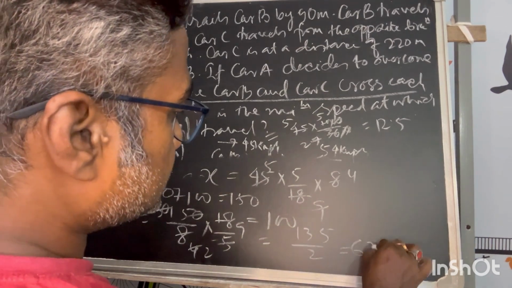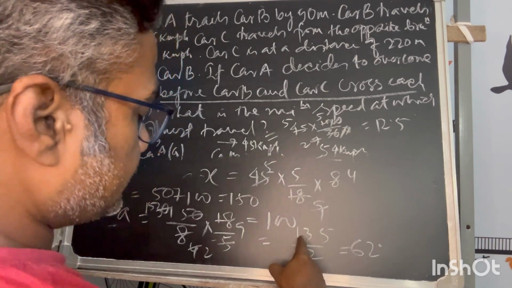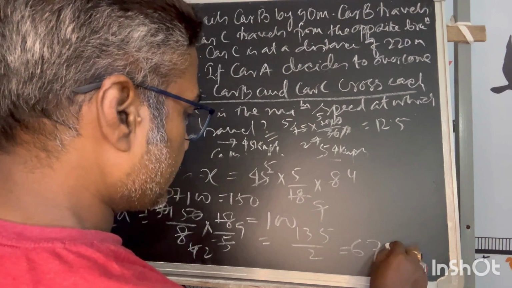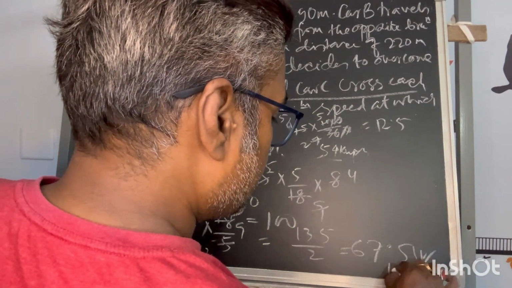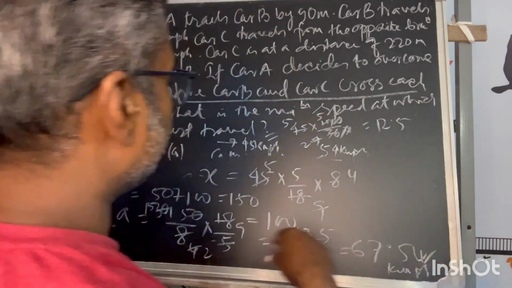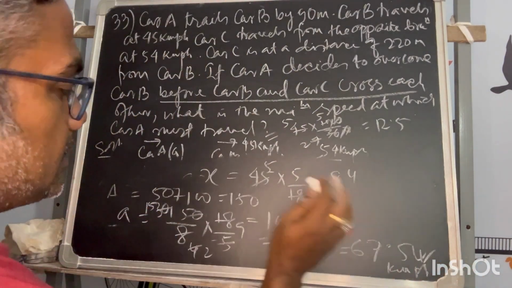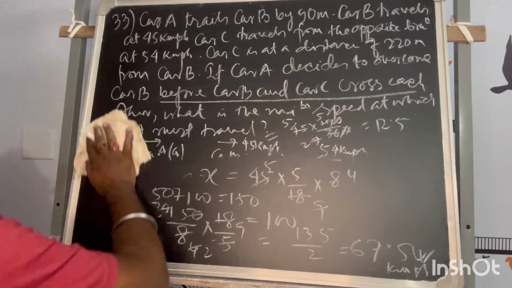That is equal to 62.6 to the 12, 6 to the 12, 7, 14, 5. This will be the kilometer per hour speed for A. Okay, so this is more than B, so now it is satisfying. Okay, moving to the next problem,